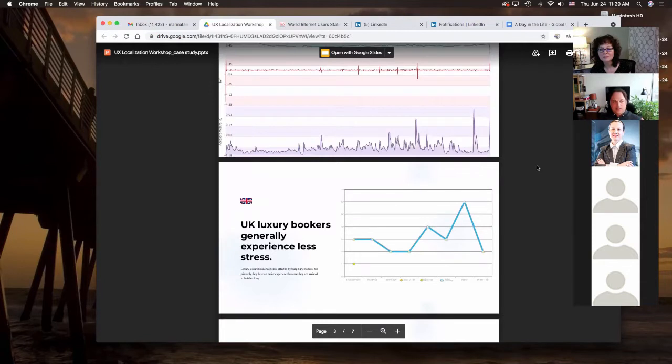And what we saw was that, especially the UK luxury bookers were experiencing less stress during the process, primarily because they were more used to it. It was something that was quite effectively part of their experience. Every year they would tend to book the same holidays, go different places, but they were very, very familiar with that process. Whereas the Saudi Arabian bookers, so if you go to the fourth slide, just go down a little